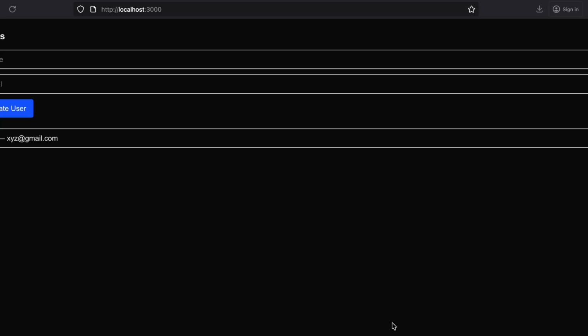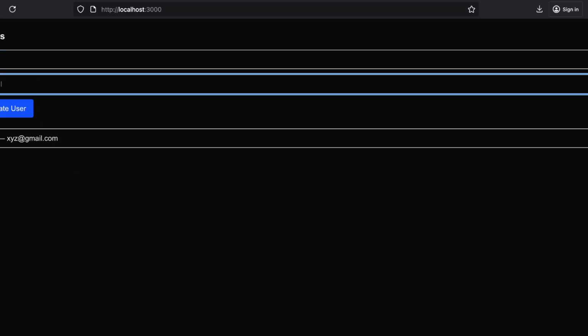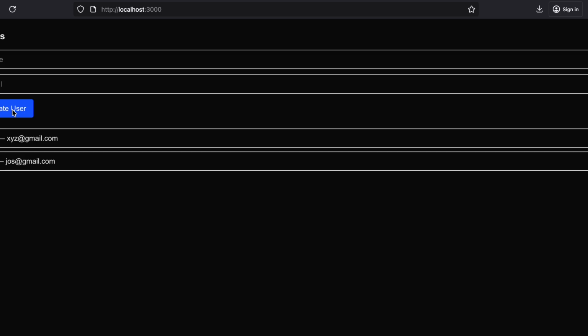Now I'm not running on Kubernetes, I'm just running on my localhost. So this is a NextJS application. Here you can see I already have this email, so I'll just add one more email. So josh at gmail.com. Now do remember this email, because what I personally feel is whenever we are using